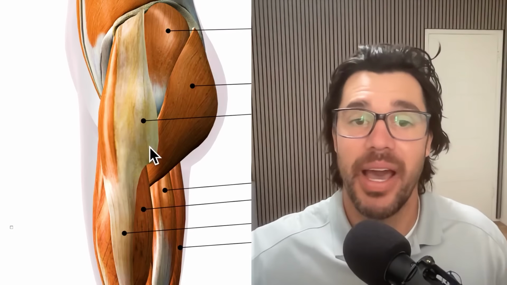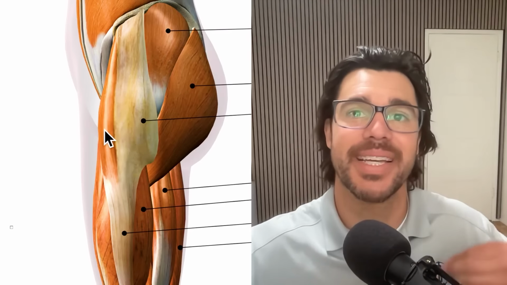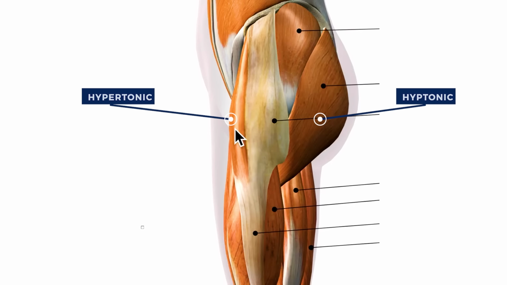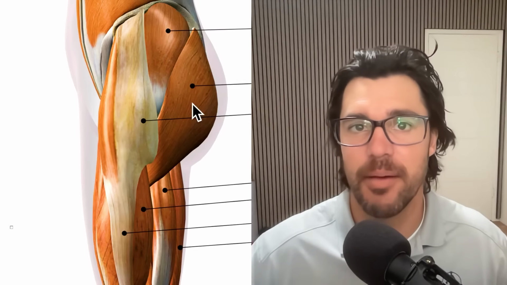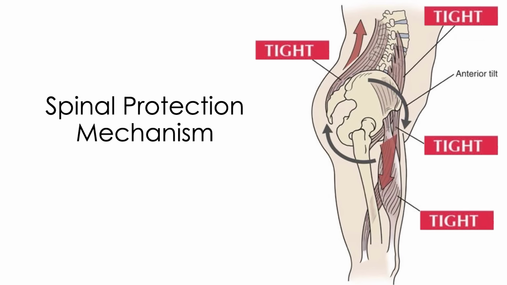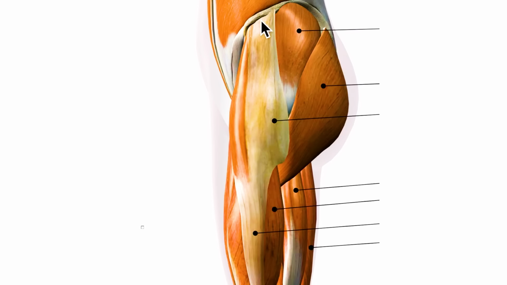And the predictable pattern in the body is that the front muscles, the hip flexor muscles, are the ones that get too tight. They're predictably hypertonic. And the muscles in the back, the glutes, are predictably hypotonic. They don't have enough tone in them in a lot of people, and it causes that muscle imbalance problem throughout the entire body. If we're going to zoom in on this one tissue today, that causes the IT band to get pulled forward. If you follow the arrow of my mouse, it's getting pulled more so in that direction,